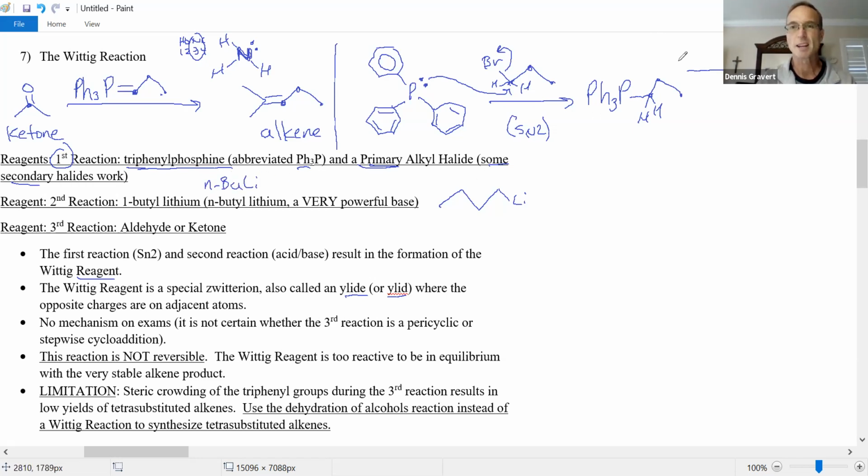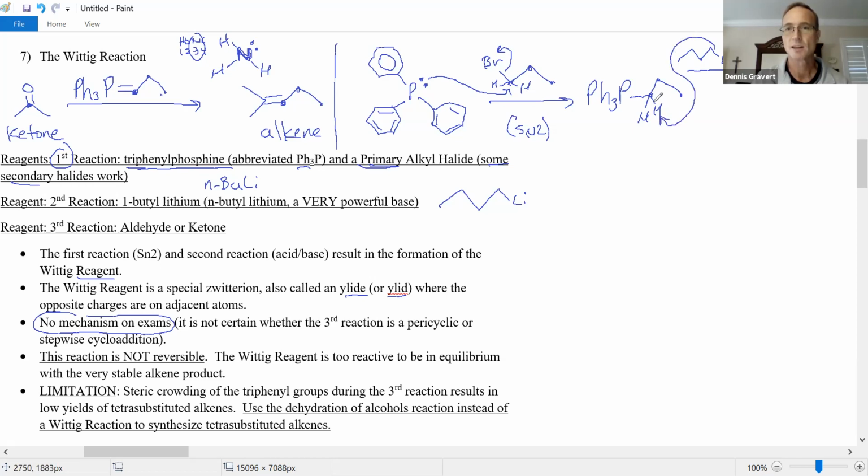I'll be drawing mine probably. So if I'm showing reagents, I think I'll just sketch it out. And what happens, oh, by the way, there's no mechanism on the exam. I showed the SN2 because that's one we had to memorize. It's a nice application. See, let's review. So you don't have to show the mechanism, but essentially this bond right here